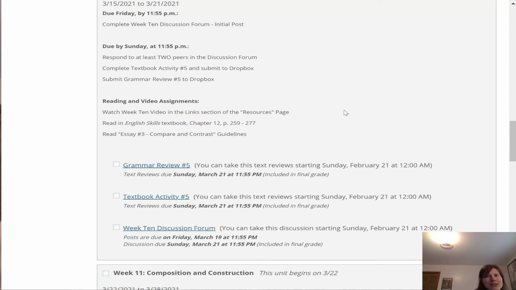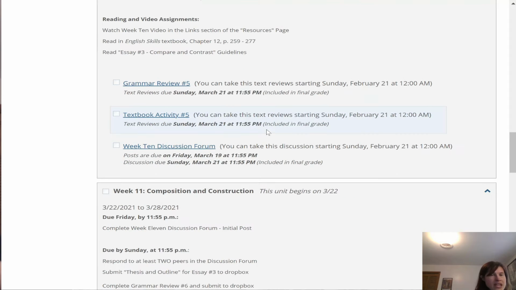Topics can vary wildly with compare and contrast. The big thing is that you want two subjects that have similarities and differences. This can be something like a union job versus a non-union job, or living in the city versus living in the country, or going to college versus going to high school. They can be things that have some common ground, but also have enough differences that you can discuss what you like best about both subjects, if that makes sense. And chapter 12 talks about that pretty extensively.